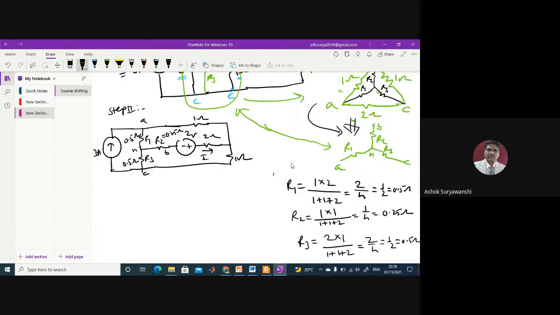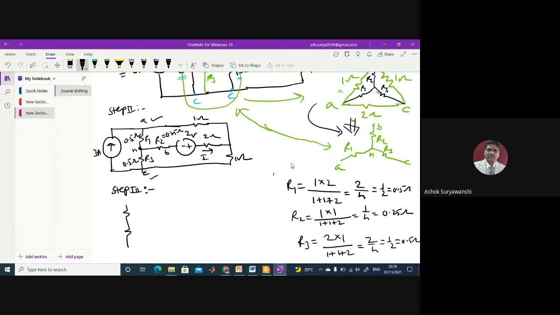Now step 3. What can we do in step 3? What simplification can we do? In step 3, you can see now this current source is across this A, N, and C node. But these R1, R3 are not exactly in series, because there is a divider here. So what we can do is shift this current source across each of these resistors, because shifting this current source across each of the resistors doesn't change the meaning of the circuit, because current in series remains the same. So let us do that.